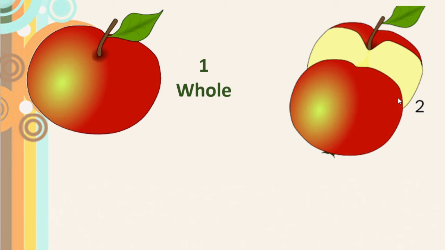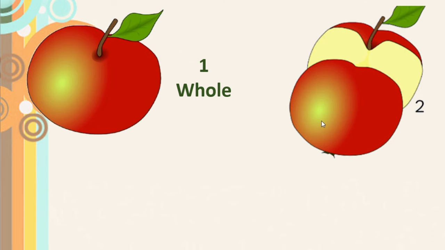Here we can see 1 whole apple. Right? You like this apple, isn't it? Okay, but your sister is there with you. Then what will your mother do? She will cut it exactly into half. She will make 2 parts exactly alike. She will give one to your sister and one to you.